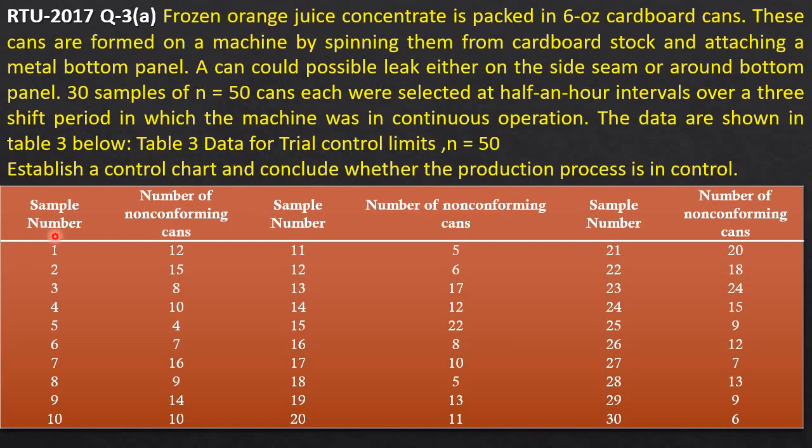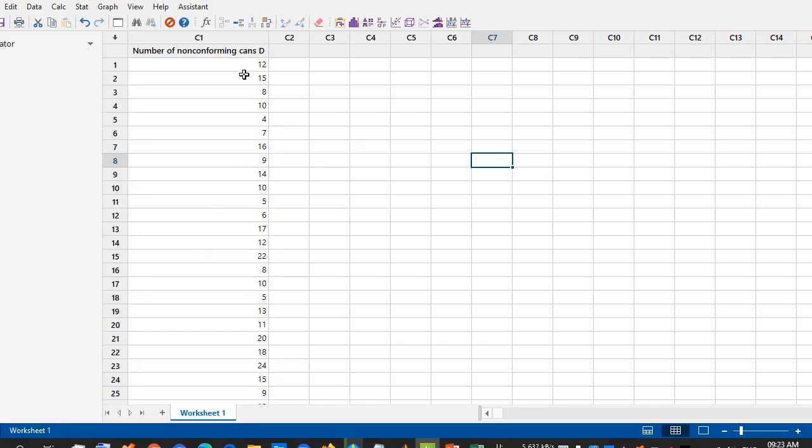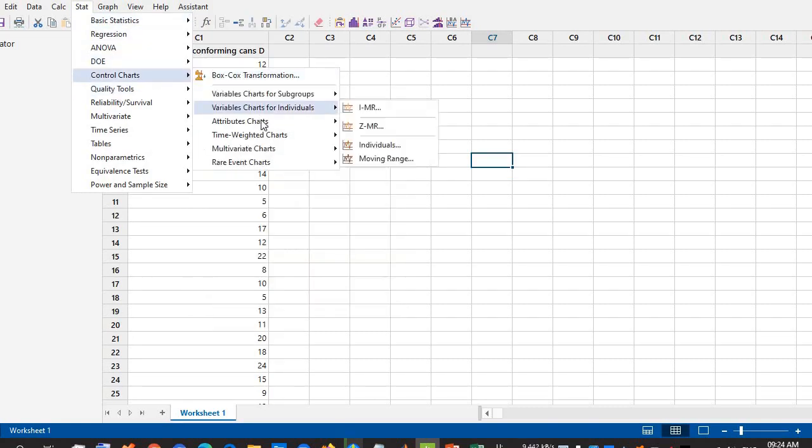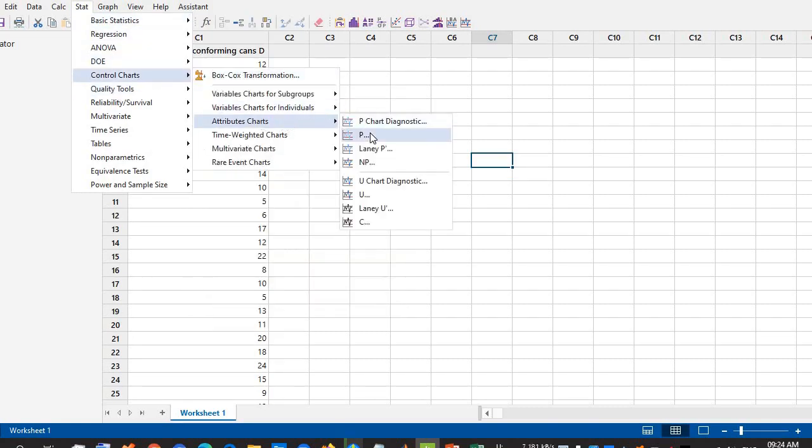For that, first you simply have to write all these number of non-conforming cans in Minitab. This is the Minitab, and here I write all the 30 values of the number of non-conforming cans, D. After that, you go to Stat, Control Charts, Attribute Control Charts, and select the P chart.